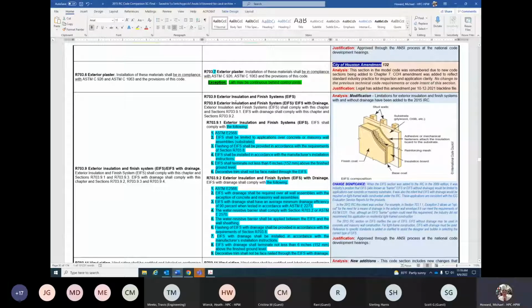In R703.7 for exterior plaster, there's a new exception. It basically says lath may be continuous behind control joints. As you know, we talked about control joints earlier. There's a definition for control joints, and this was one of the issues that contractors were having in the field